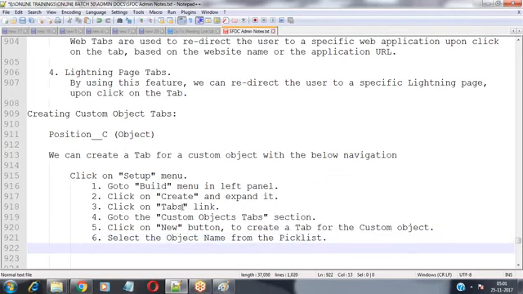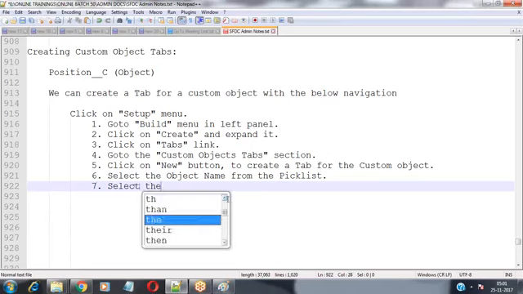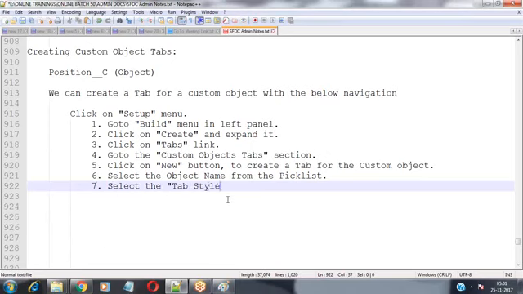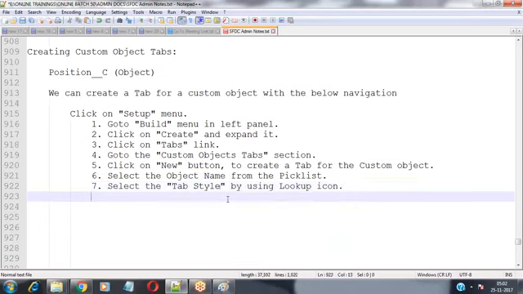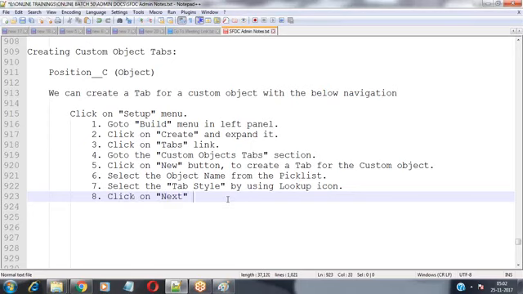There is a pick list inside that user interface, which populates all the object names which have been created but do not have tabs. Whatever objects there are for which a tab is not available, those object names will be populated over here. From that we have to select the tab name. And then select the tab style by using the lookup icon. By using that lookup icon, select the tab style which you want to apply. Then click on the next button.